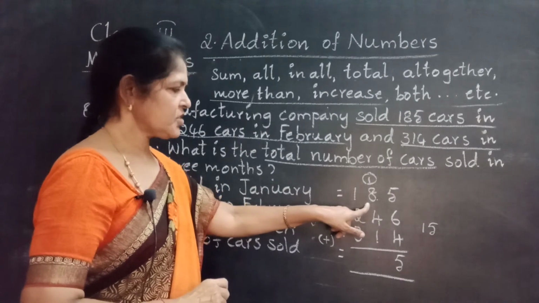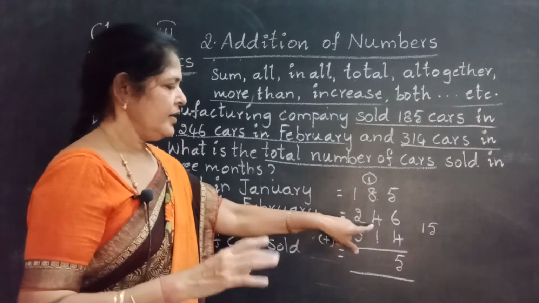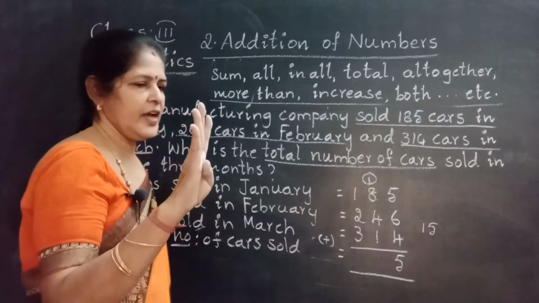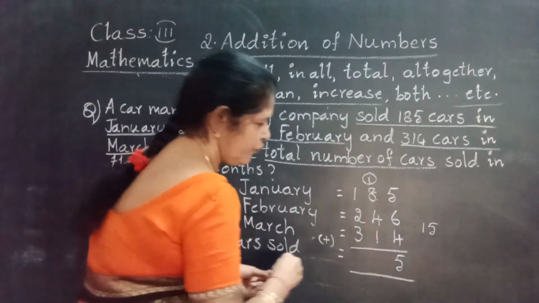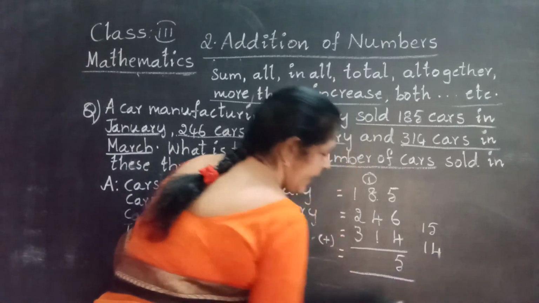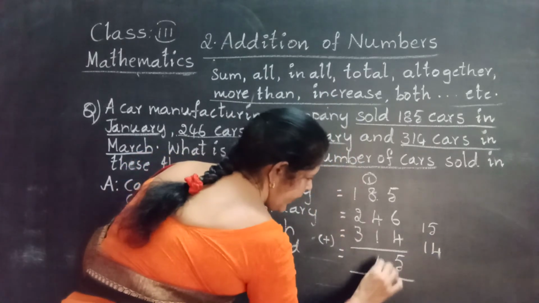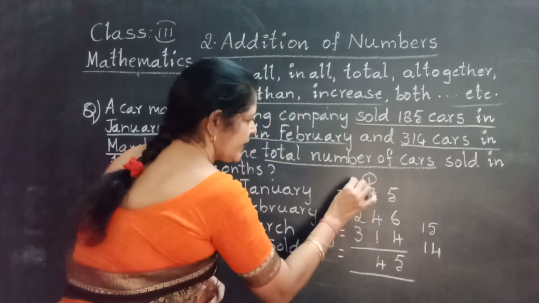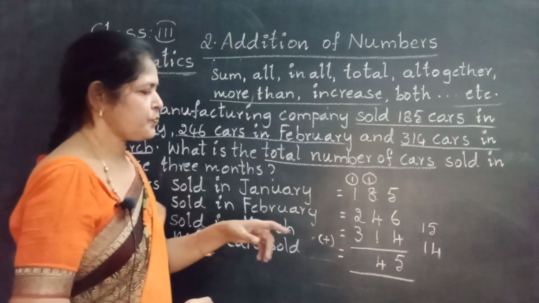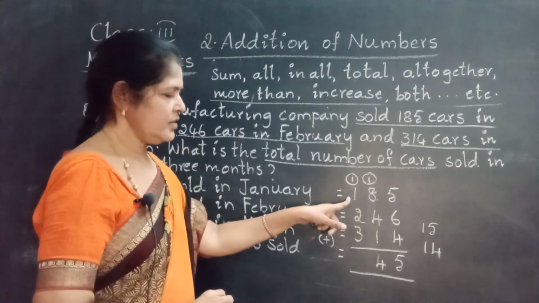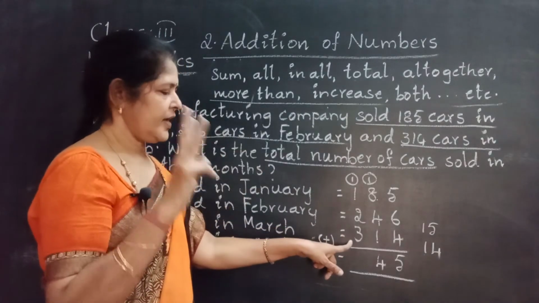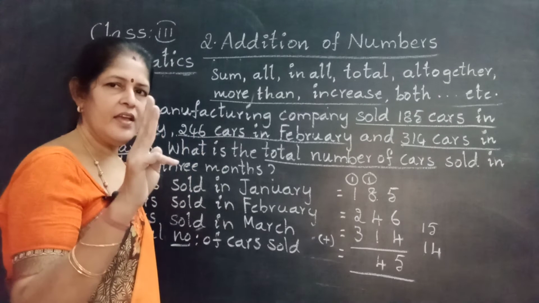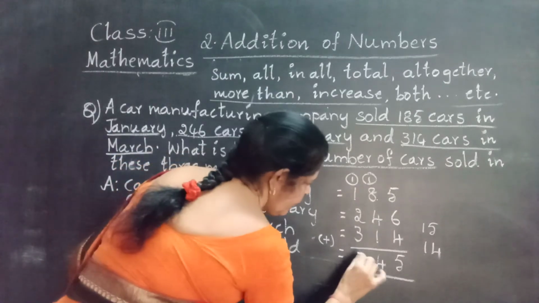1 plus 8, 9. 9 in the mind. Take 4 fingers. 9 after: 10, 11, 12, 13. 13 plus 1, 14. Again a 2-digit number. 4 write in the tens place. 1 carry forward to hundreds place. 1 plus 1, 2. 2 plus 2, 4. 4 in the mind. Take 3 fingers. 4 after: 5, 6, 7. What is the total?